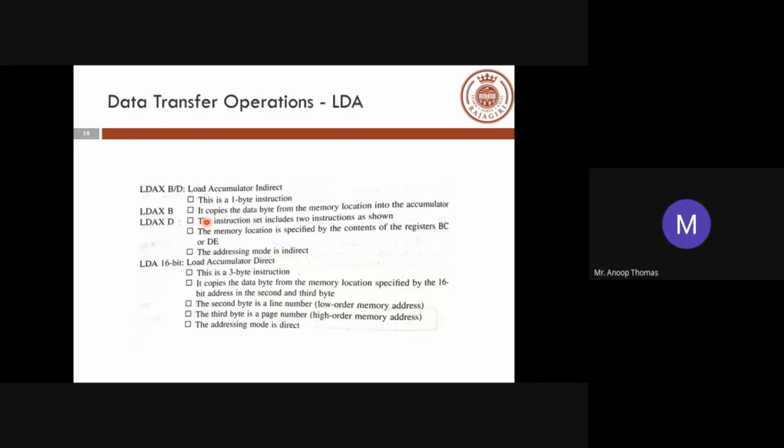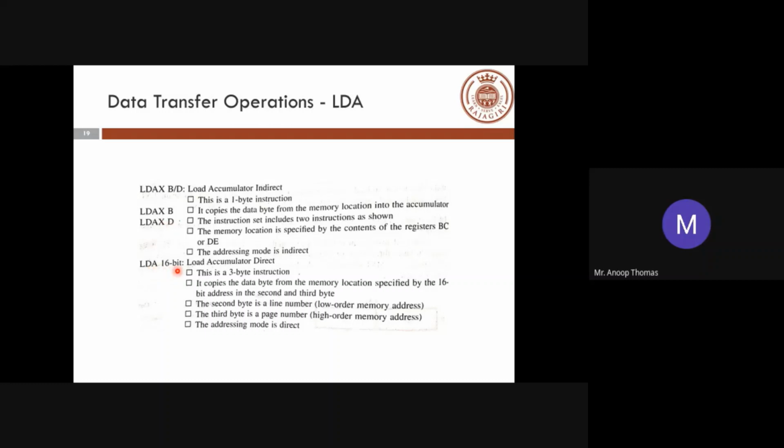In the case of LDAX B, the register BC has a memory address, say 2050, and the contents of that particular memory address are copied into the accumulator.